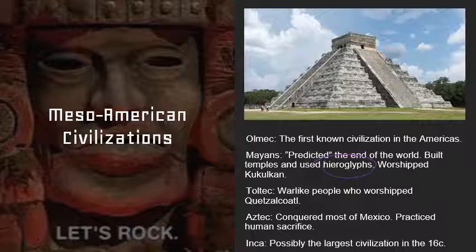Now, these guys are going to kind of build on religion. They're going to specifically worship this guy called Kukulkan. We're going to talk about him a little bit more in a second. Kukulkan was this big kind of snake-like deity who was said to have created the heavens and the earth. Like I said, we'll talk about him a little bit more in just a second.